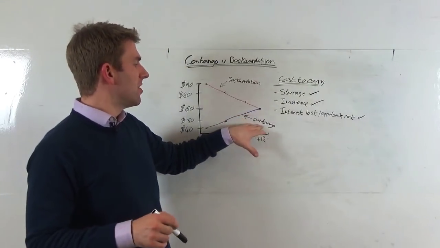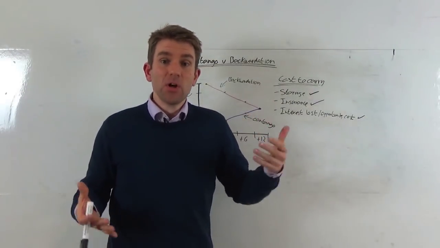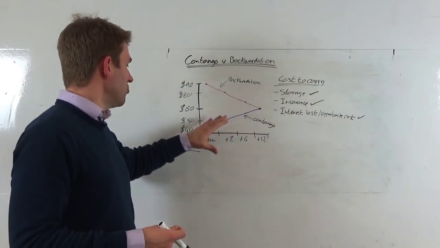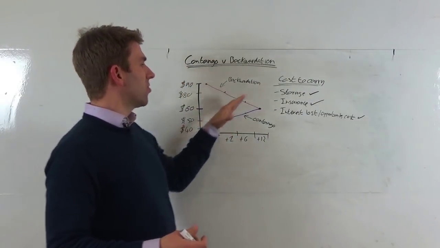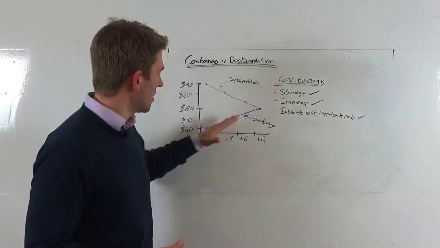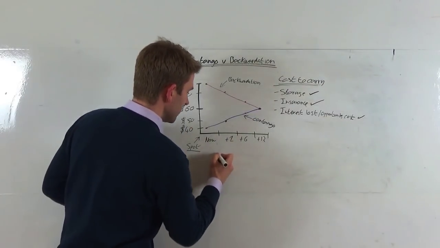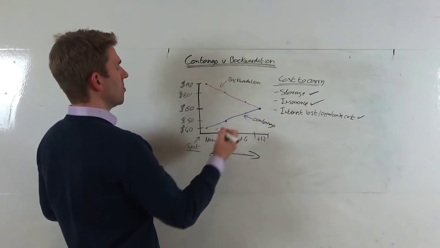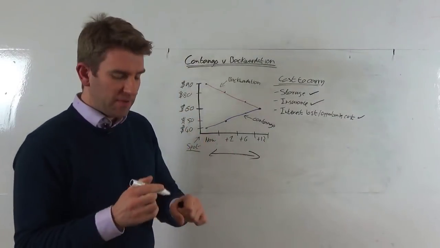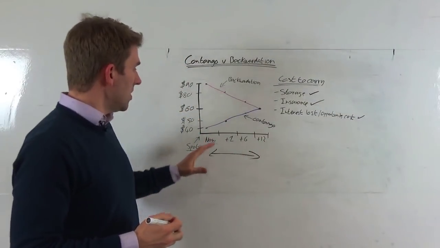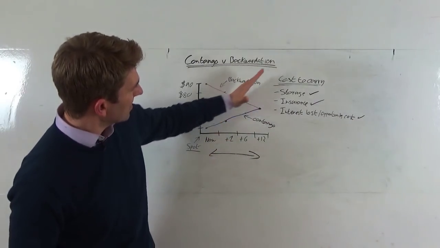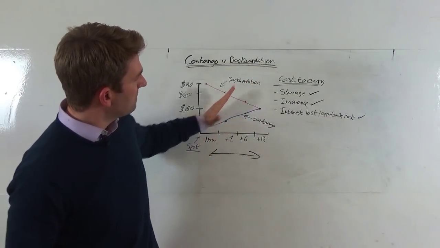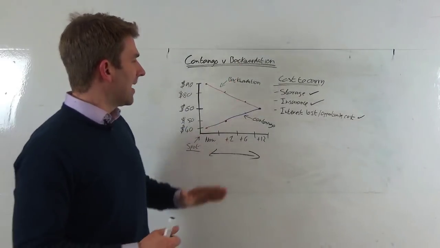Now, we have sometimes extreme contango, where we have really cheap front month and quite expensive far month, and this kind of graph goes, by the way, the x-axis here is our time. If you didn't get it now, 1 month, 6 months, 12 months, and this is our price, and purely hypothetical just for this example. So if we had a really extreme contango, that purple line would be very steep, and